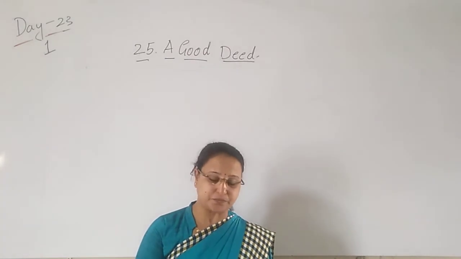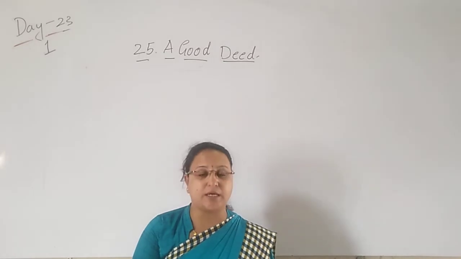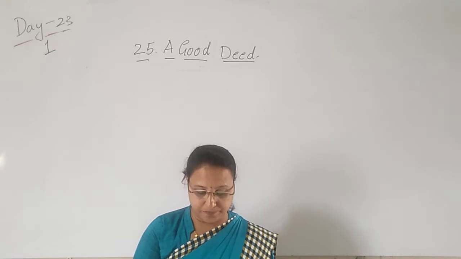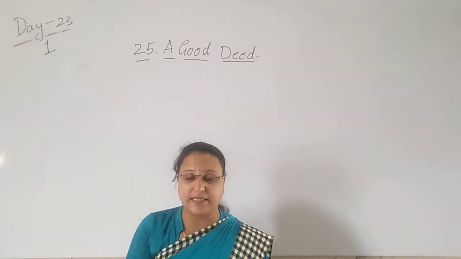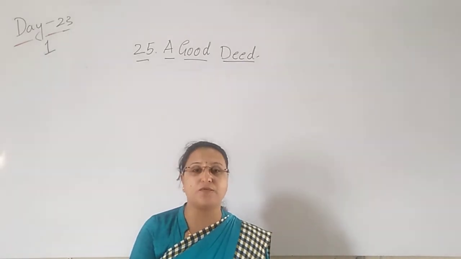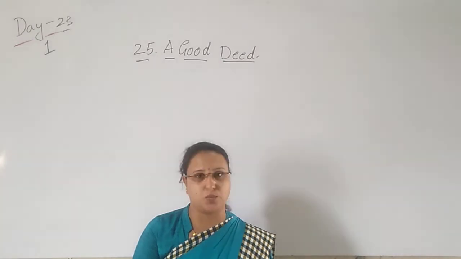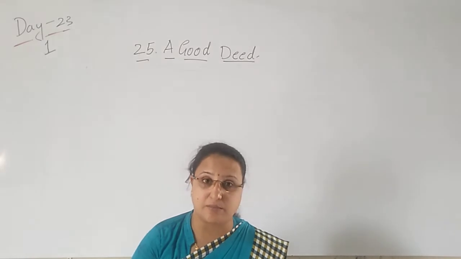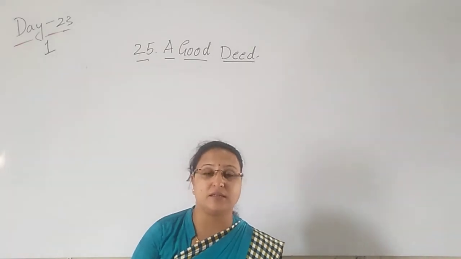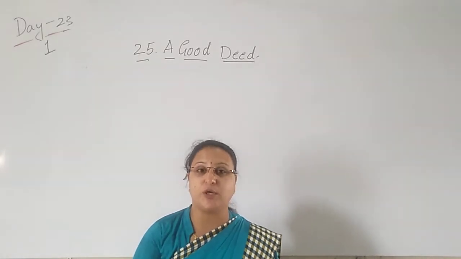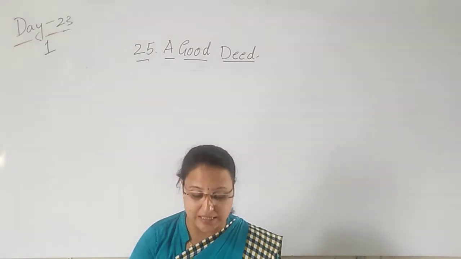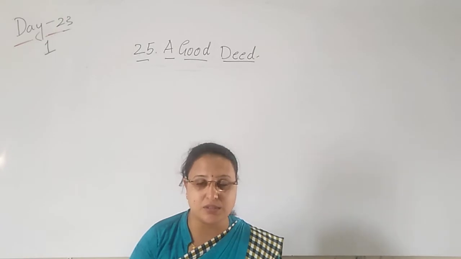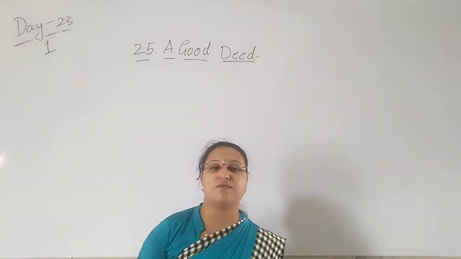Yes children. So here you can all open page number 55 in your textbook. You can see the things are in the plural form. Plural form is what? They are more than one. So when the things are more than one, we use these or those. But when do we use these, children? These is used when the thing is nearer to us, and those is used when the things are far away